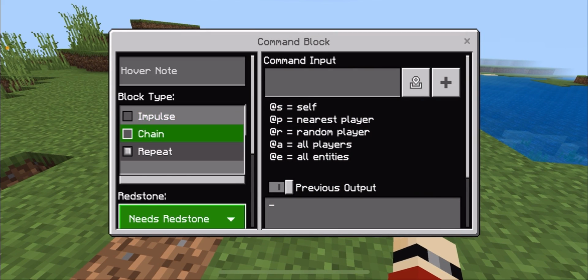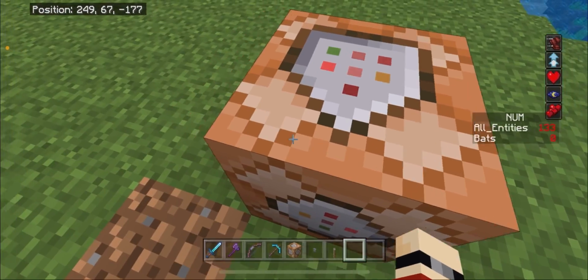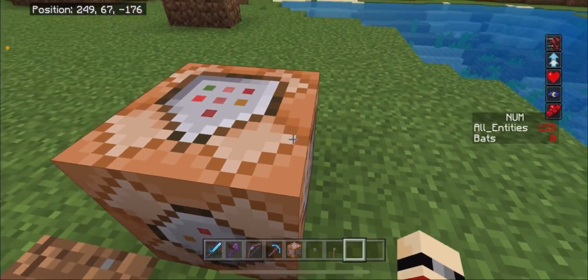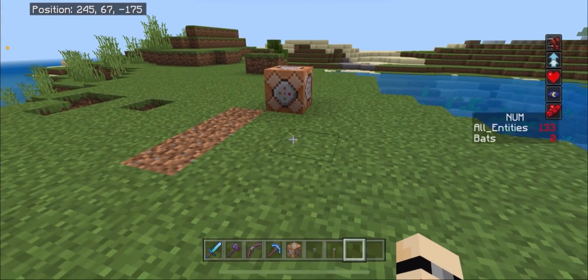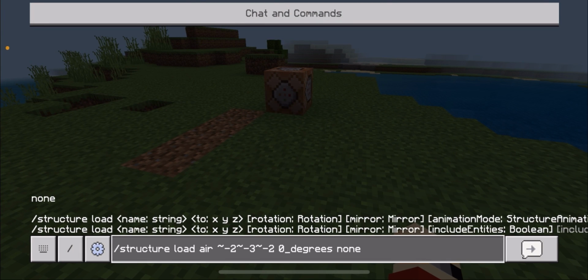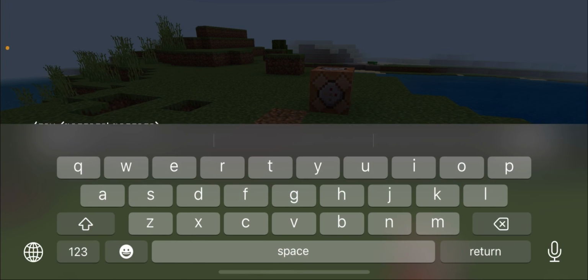And be careful with command blocks. If you ever get stuck and you can't go to your command block to turn it off, or if you're world stuck, you can always type the command. Hang on, let me get it real quick. I've done a lot of things in this world. Yeah, I don't think I can get it. It's just